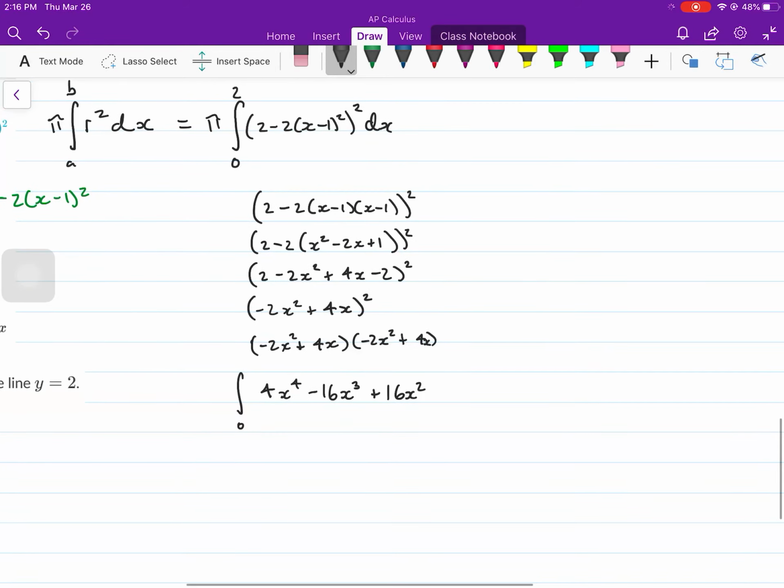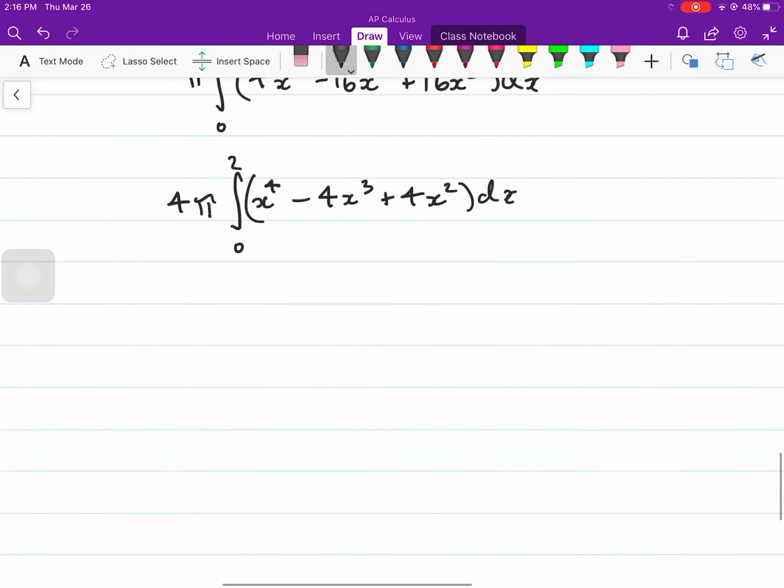And then it's integrating from 0 to 2 with a pi out front, dx, and I could factor out another 4 from that. So 4 pi, integral from 0 to 2 of x to the 4th minus 4x cubed plus 4x squared. I'm kind of integrating ahead of myself here. So that's 4 pi times x to the 5th over 5 minus x to the 4th plus 4 over 3 x cubed